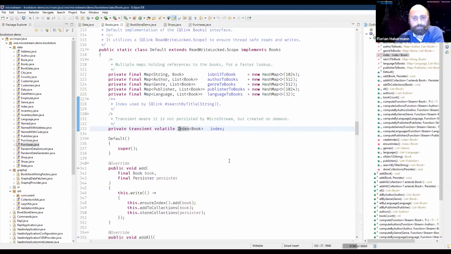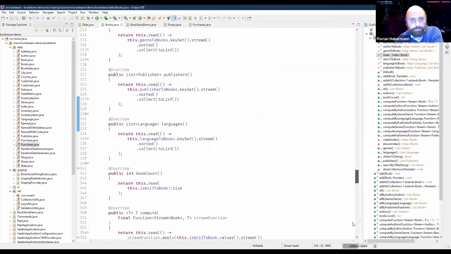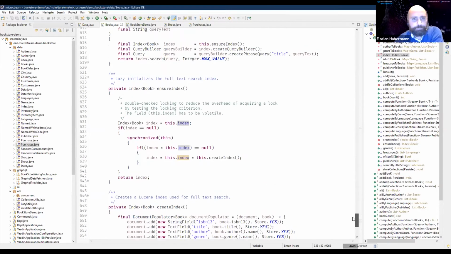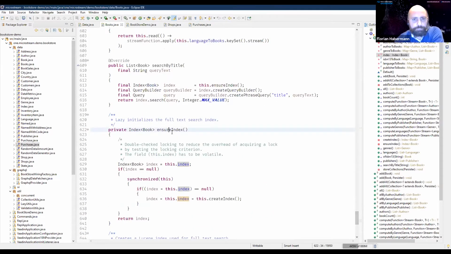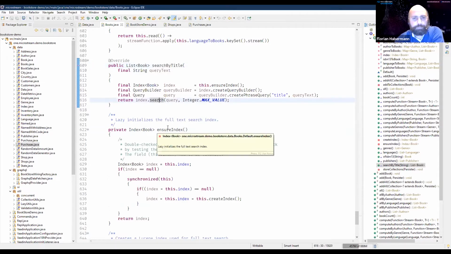And there you have a full text search for book titles, for example, and it's maintained in this index class, which is used down here in this method. You can search by title. You just hand over your query text, and in the index, the books are searched and returned as a list.